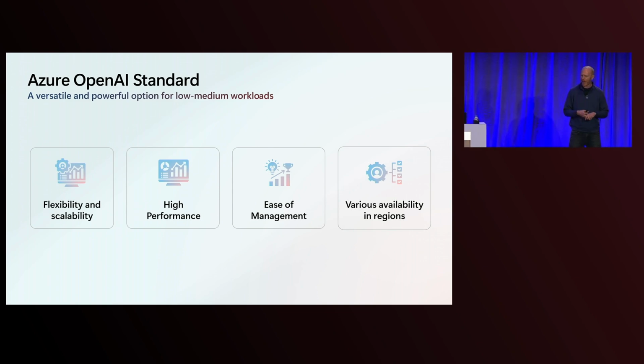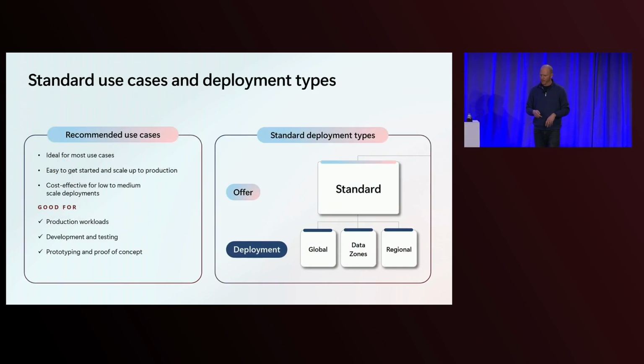But the first service that we have is our standard service. This is the place for you to get started. You only pay for what you use, standard tokens, right? And yet it's also incredibly high scale and high performance, which means it's not just for development. We see customers scaling through to massive scale on the standard service. It's the easiest to manage because it's available across all of our SKUs, and it's available in every single region that we have as well. So it's ideal for most of the use cases. It's really cost effective to get started, and it's good for most workloads up to high scale.